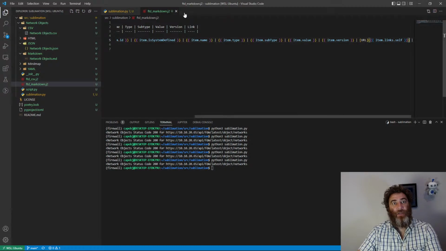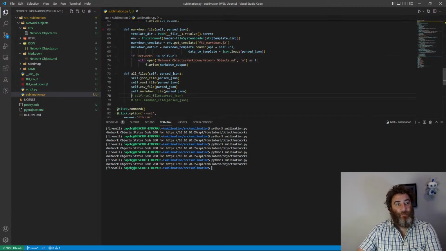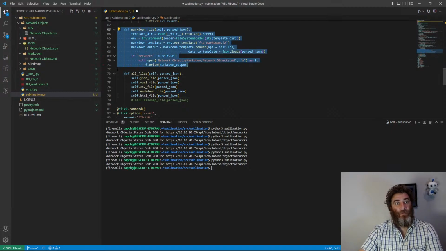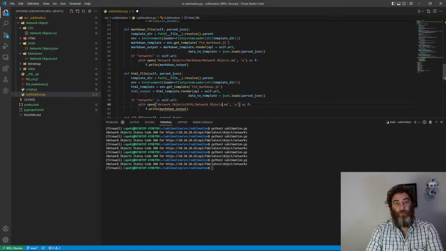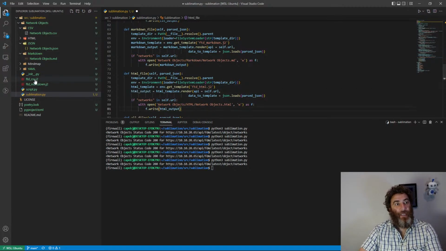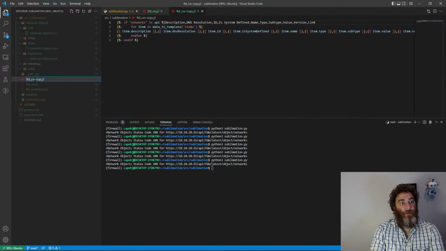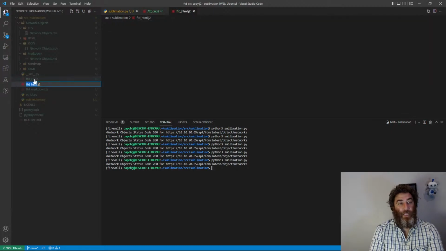Okay, so then what we're going to do is our HTML is next. And we just copy our Markdown and update this to HTML files, HTML template, HTML output, HTML. Name of the Jinja template is HTML, and we're writing the HTML. So again, we're going to copy the CSV, rename it HTML, and I'm going to grab a couple of files